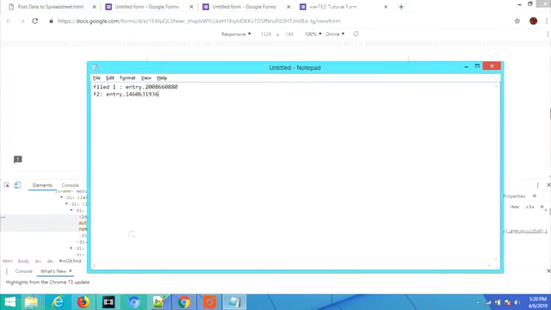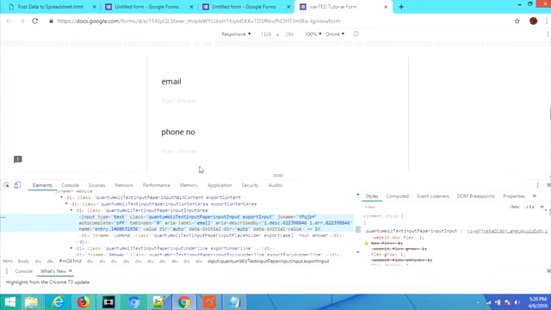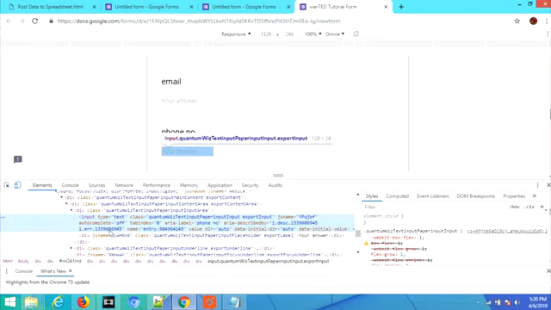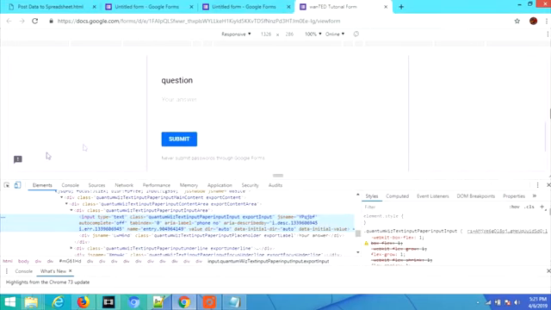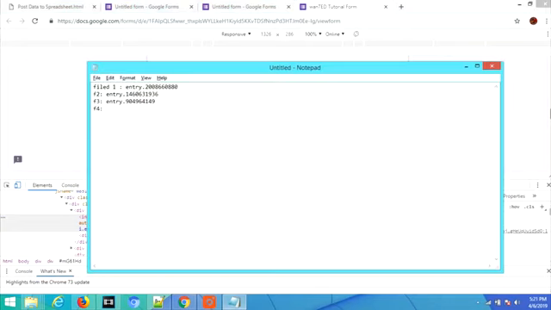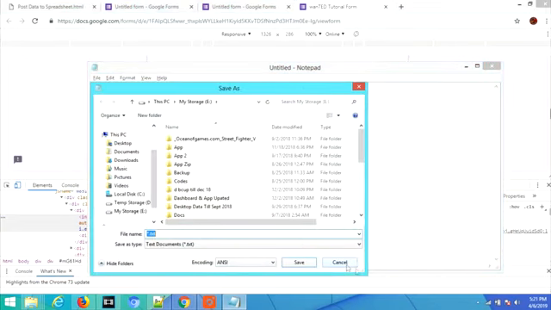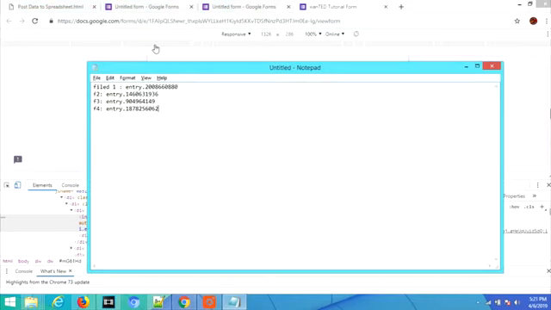This is the second field. Now we are finding the third one. And the last one. Remember to click on the input, only then will you get this field, this name field, and within the name you will get this entry attribute.